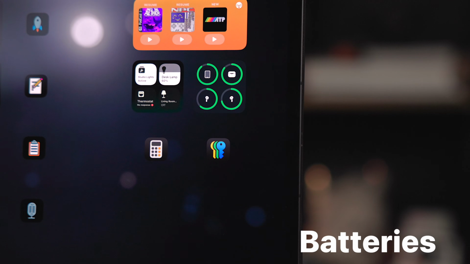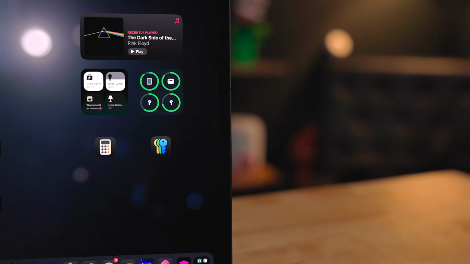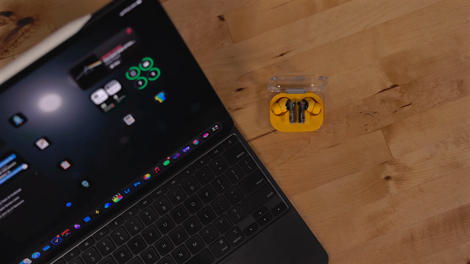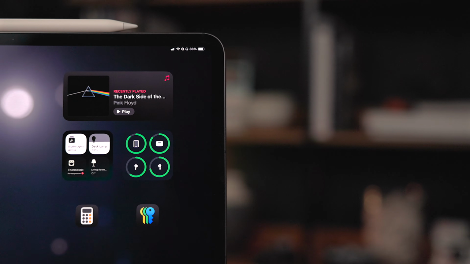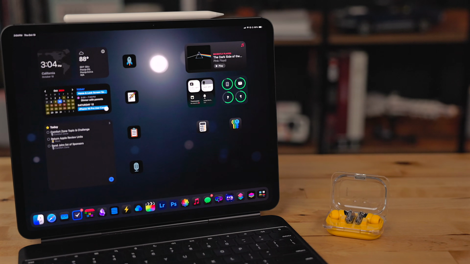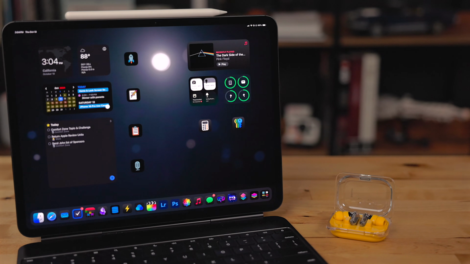The last widget on my home screen is the first-party battery widget. Batteries is a great widget to have on your iPad. You can connect a lot of different accessories to an iPad, and this displays the battery life for it. My only real issue with this widget is you can't customize it. I would love the ability to say, always show the Magic Trackpad in here, or always show my AirPods Max. It's just whatever connects to the widget first. I'd also love the ability to remove the iPad's battery life from this widget as well, given that's in the top right hand corner all the time. Now this widget also supports third-party devices like third-party headphones and keyboards and things like that, so you can see the battery life for them as well.